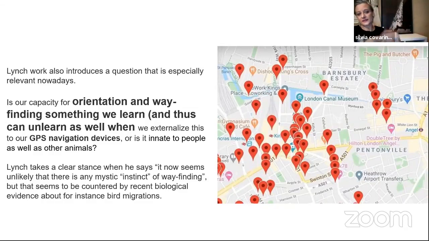It's our capacity of orientation when finding something, when we learn, and the GPS gives us support. On one side it is a very good thing, because we can really easily move from one place to another place. On the other side, you have to be very careful, because sometimes we are losing the capacity to learn from the city. We are only concentrating on